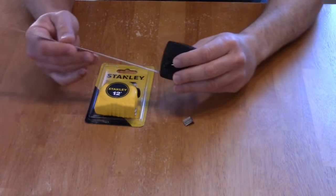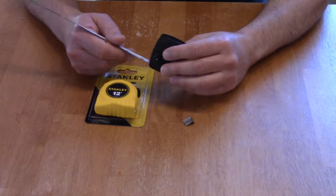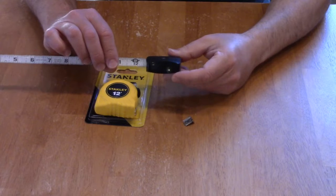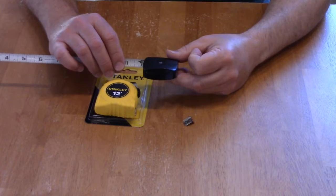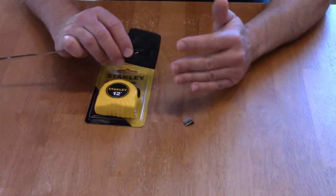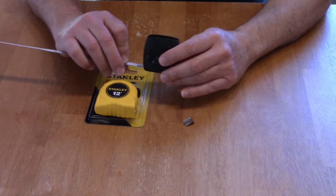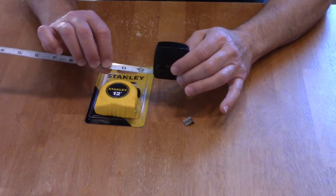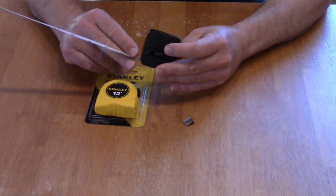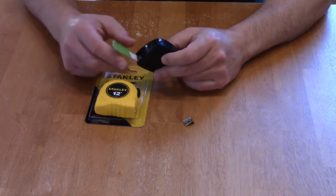So this tape measure I got when I was in middle school or junior high. We had a project that required us to use a tape measure, and it was given to me in school. At the time, we built a 48-inch wide section of a house and framed a window in it, did the studs and everything, and that was the activity, and they gave us these tape measures. So this tape measure has been my favorite go-to for around the house,